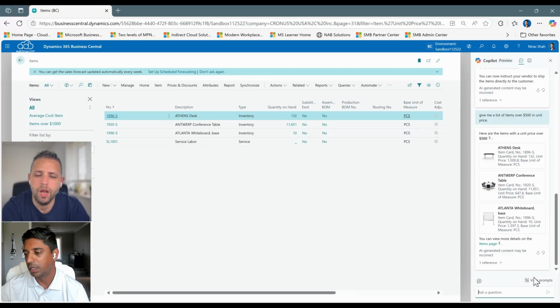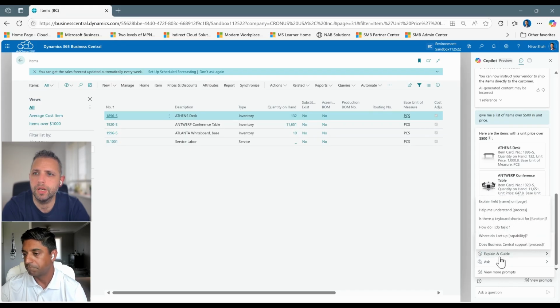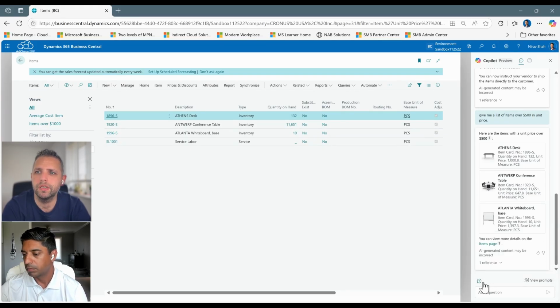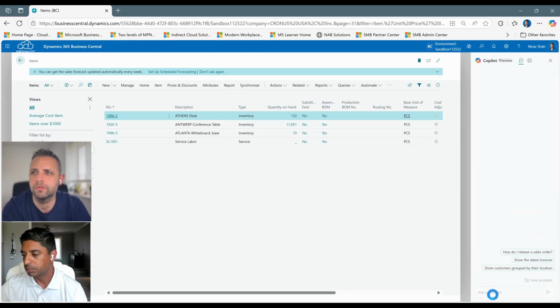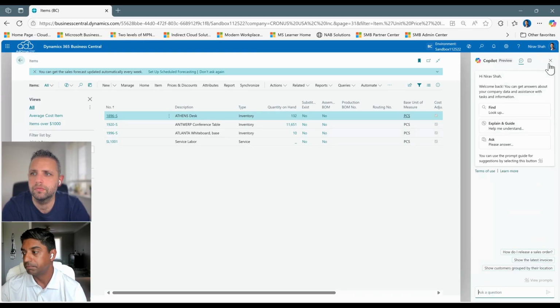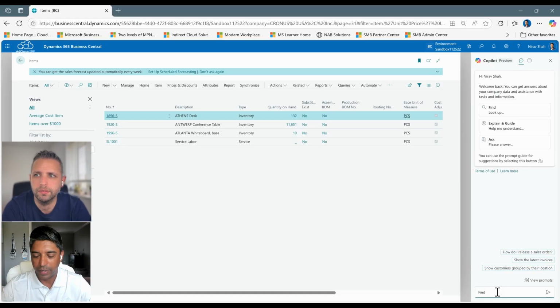Yeah. So I would like to also test security on this. Can someone who shouldn't be able to access the chart of accounts actually find out information through Copilot? So if I said, I think I already know the answer, but it'd be nice to see that. Find what is my